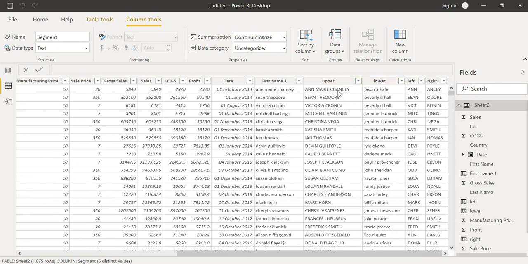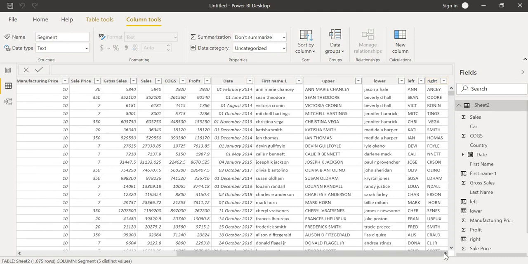See, I'm getting the last 5 characters here. 1, 2, 3, 4. This is the last 5. These are right side, 5 characters. Left side 3 characters, I'm asking. I'm selecting here right side 5 characters only.